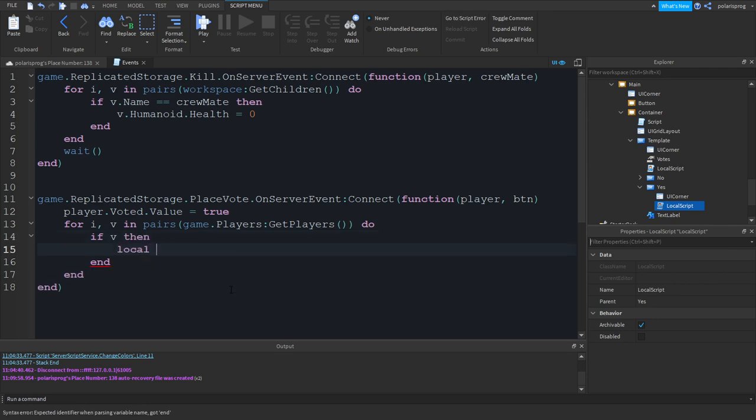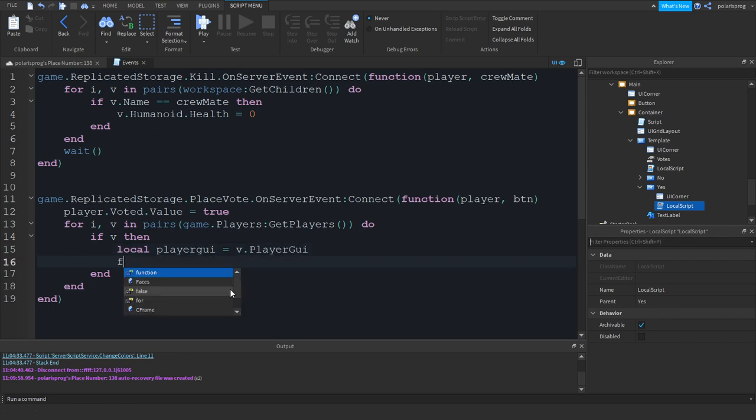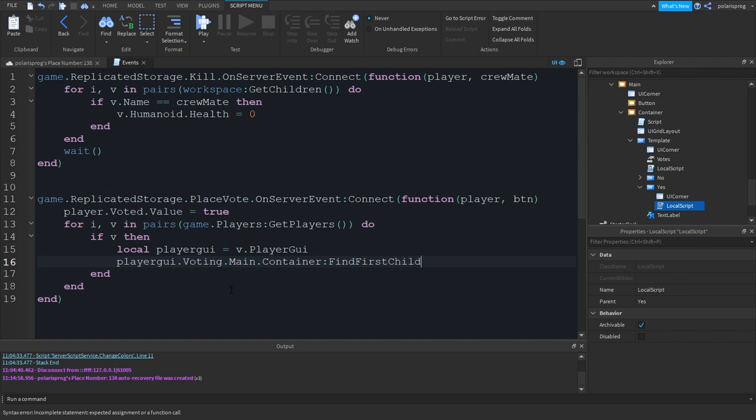We'll create a variable for the player GUI. So local playerGui is equal to v.PlayerGui. I think we just have to set playerGui.Voting.Main.Container:FindFirstChild, the FindFirstChild btn.Vote.Value is equal to,